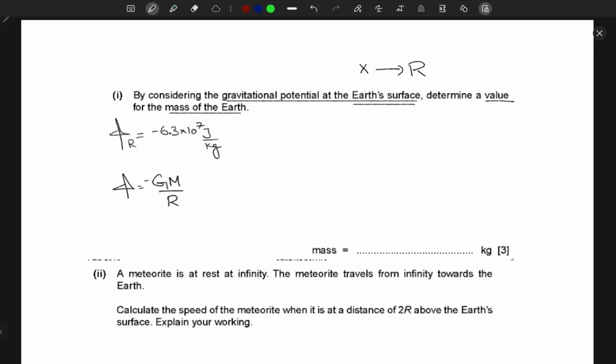Okay, so great. Now we need an expression for M, so we'll just rearrange this. Nothing too fancy. We just get this thing as minus phi r over G. Now we'll put the value. So we have this minus, which comes from here, and then we have a minus in this value for phi, which is minus 6.3